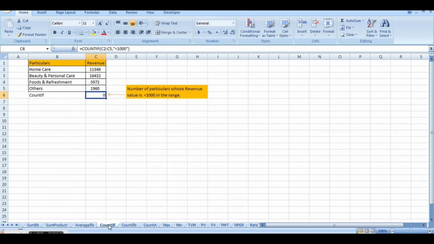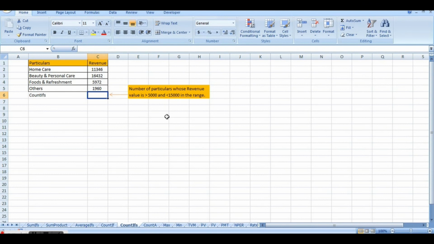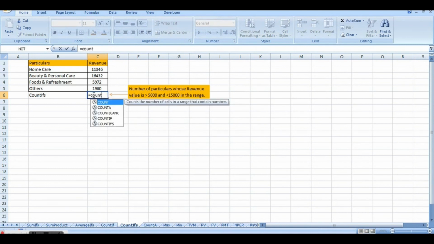In a similar manner, there is a COUNTIF function. Now if you remember, the COUNT function that we have seen tells us the number of cells in the selected array or selected area which contain certain values. So you can use this function with some criteria or condition along with it, COUNTIFS when there are multiple conditions. Let us see how it works. For example, COUNTIFS.